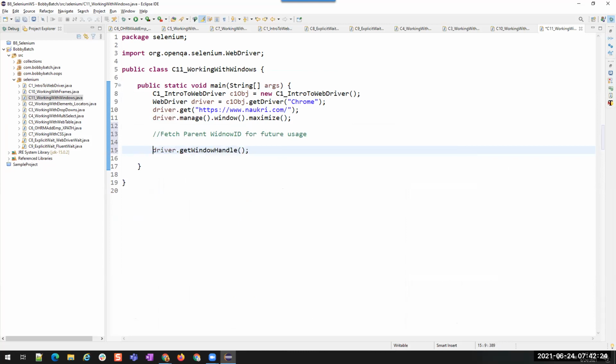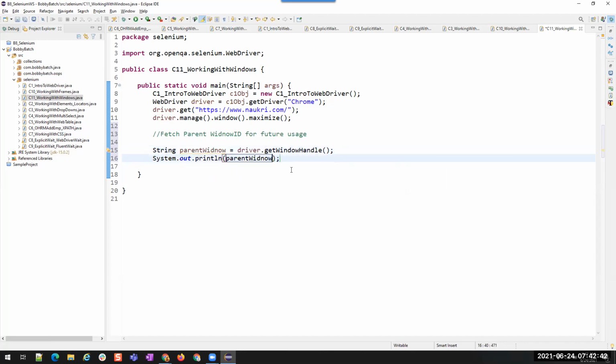This is going to return me a window handle which is unique to each run. I'm storing it in parentWindow. Now let me print this out, and run this and show it to you. What is the ID it is giving us?